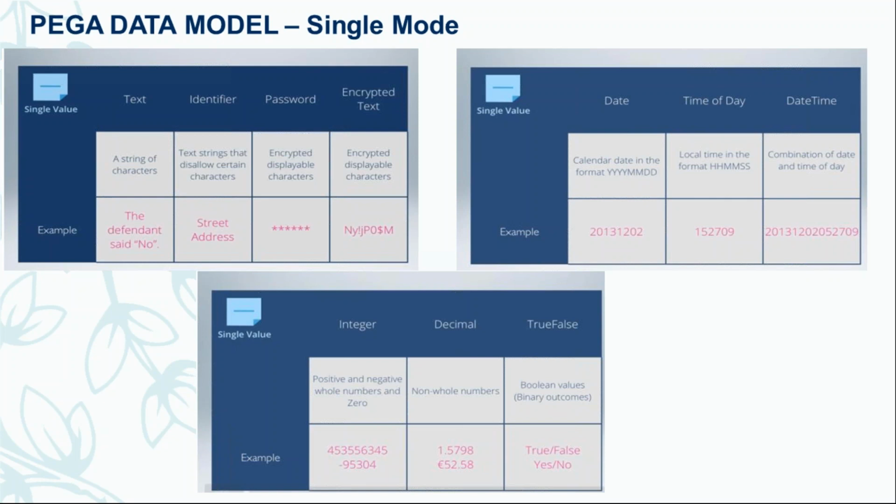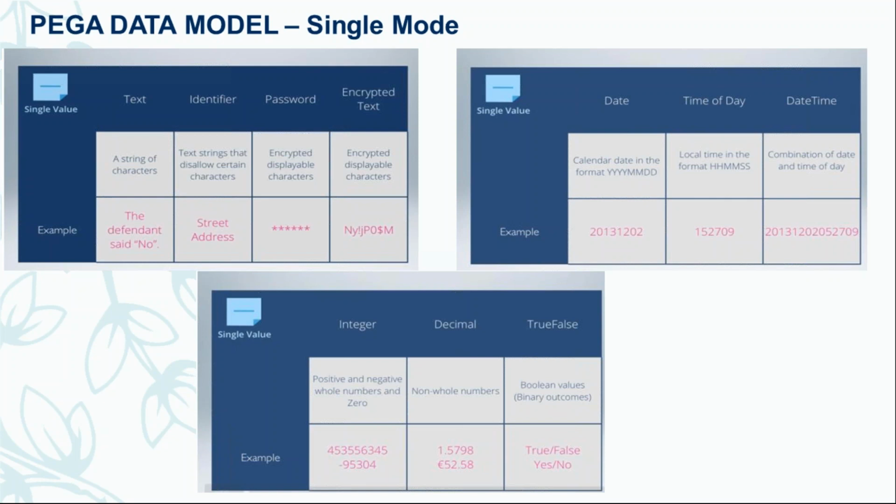Encrypted text. Encrypted means it will be encrypted, but if you want to display it, you can. Like when you log in to Wi-Fi, there are two options: one displays it masked, and then there is an option to show the password or not. If you click that, it will be converted to display it to you. At that time we go for encrypted text.